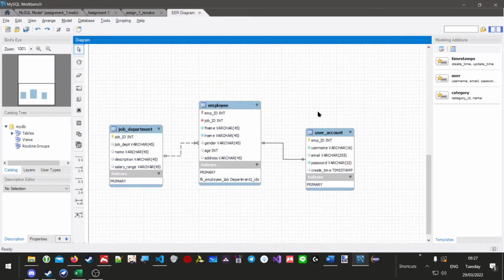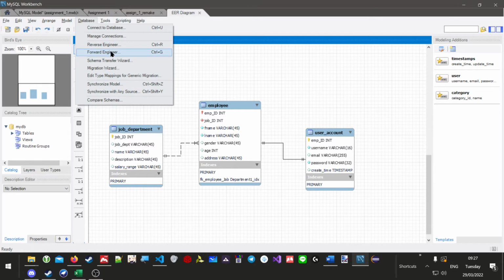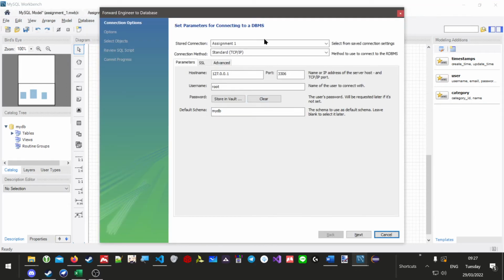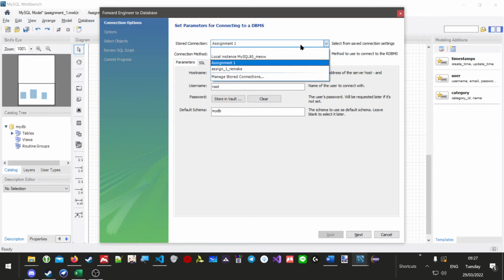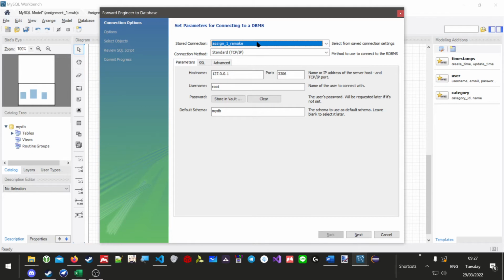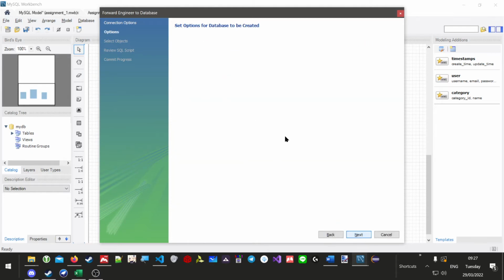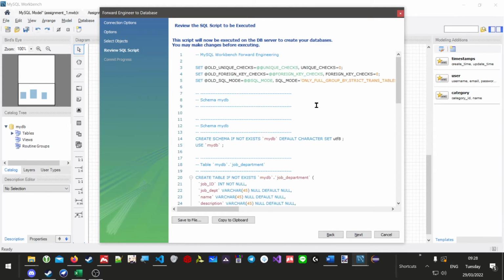And after I made this, I clicked on Database, then Forward Engineer. This is how I created my database after I made this ER diagram. I can choose which database I want to put it into. I'm ignoring these because they're not relevant right now. And it auto-generates the